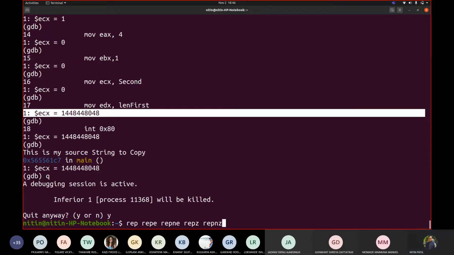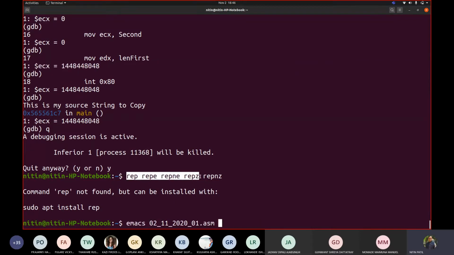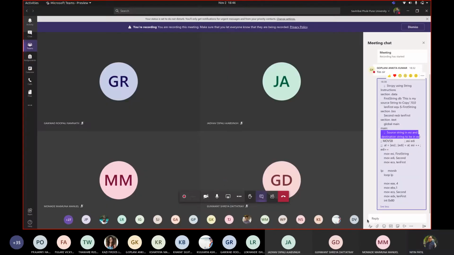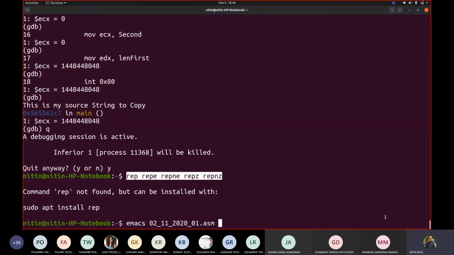Understood? Any question? Do you want to see the code? I'm adding these prefixes there. You can take help of either of the books to get more information about these repeat prefixes. So see them. And I will add the code now for your information.